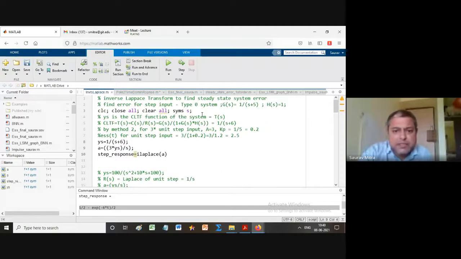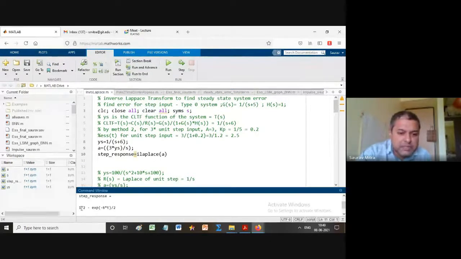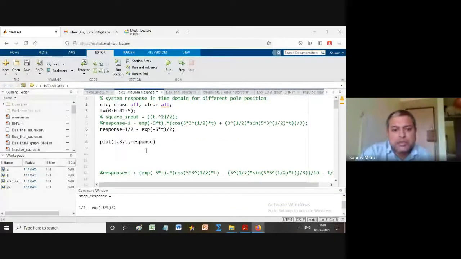So first, everything else remains the same: G(s), H(s), all those things, Kp remains the same. Only this part changes for 3 into unit step input, because now I am giving 3 units. A is equal to 3, Kp is equal to 1 by 5, doesn't change. Here also the change comes, because now this is 3 by s. Now the response is the inverse Laplace. Previously it was 1 by 6, now it has become 1 by 2, and e raised to minus 6t has no change, but only the amplitude part changes.